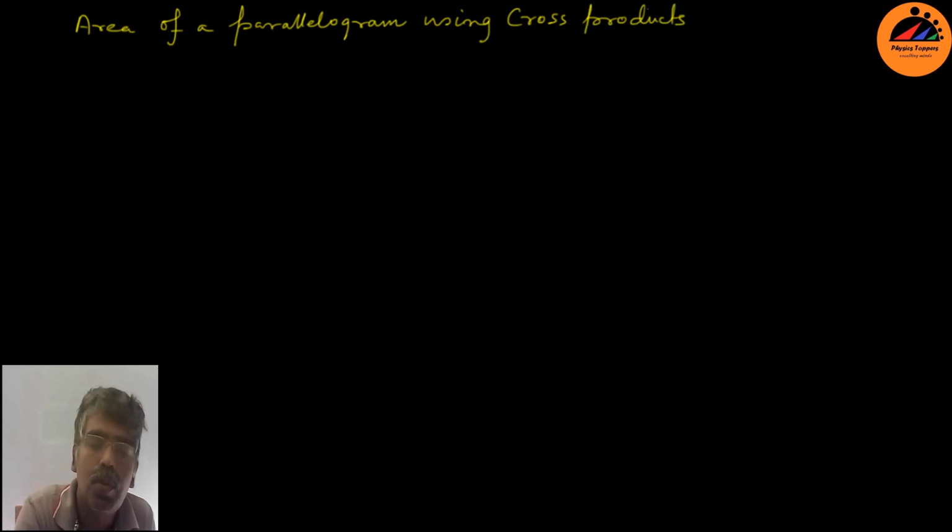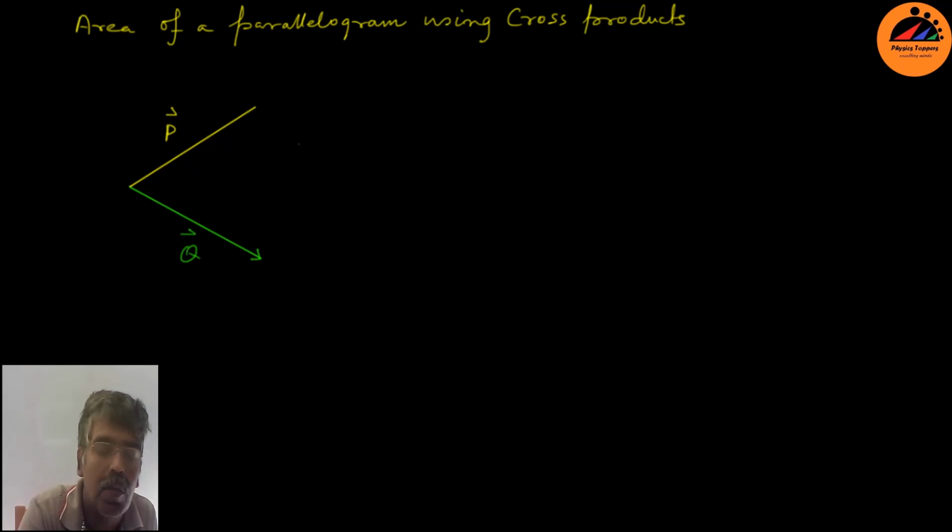if you take two vectors like this, suppose this vector is p and suppose this vector is q, okay, and we shall be doing p cross q. So what is p cross q? P cross q is the area of the parallelogram formed by two vectors, that I shall prove. So let's write the formula first.